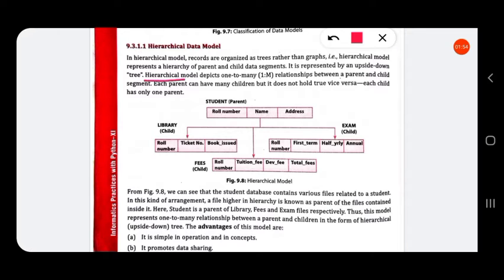The hierarchical model depicts a one-to-many relationship between a parent and a child. That is, there is one parent and many children.